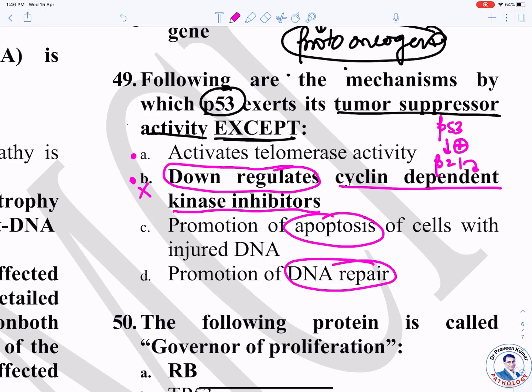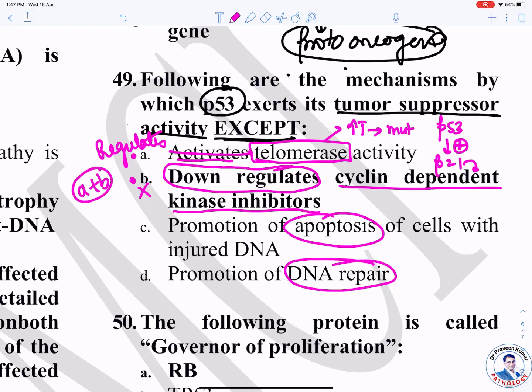About option A, p53 definitely regulates it, and if it is activating telomerase activity, it will increase telomere length, and therefore it will not cause tumor suppression. It can cause a mutation or a tumor. The answer is both A and B, no doubt about it. If you want to choose one of them, a better answer is B, because it is a direct action of p53. This was a question asked in AIIMS November 18 last year. It is very confusing, and they gave this question. The answer should be A and B. I completely agree.